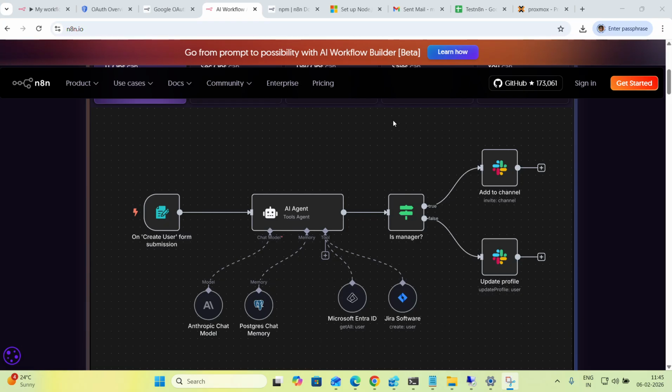So n8n.io is the website. If you go there, we can see more about the tool. The detailed documentation is there. If you are interested in purchasing their enterprise version with multiple features and support, we can do that, and there are different pricing options. So for this demo, we'll see how we can use the open source version of n8n,